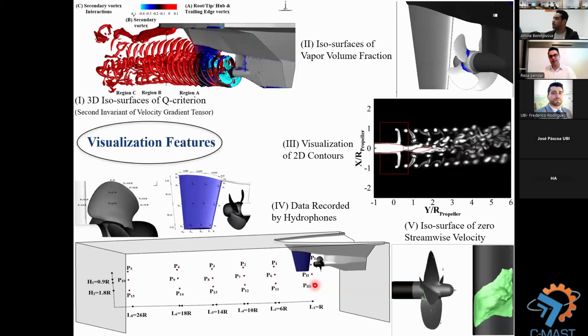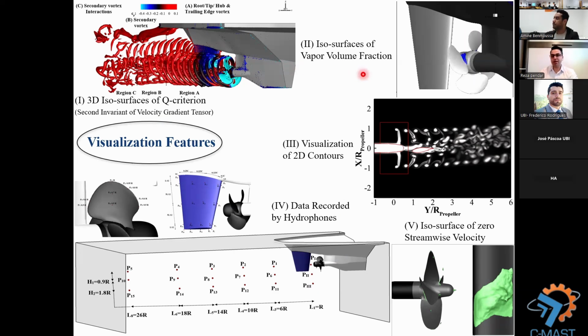Nowadays, accurate modeling of CFD is very important, but visualization and other parameters also show in detail what you obtain with your CFD modeling. For example, here you can see 5 different useful methods we employed for visualization to demonstrate our result. We used the 3D isosurface Q criterion, which is a very important parameter in showing the wake pattern and vortical